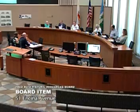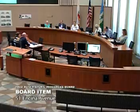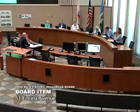Any thoughts on that sort of thing? We have to look at the floor area ratios. We have to look at the floor area ratio for the property. Yeah, it's a good idea. Anyway, how does the board feel about continuing, and say if that makes sense for the staff to re-invite